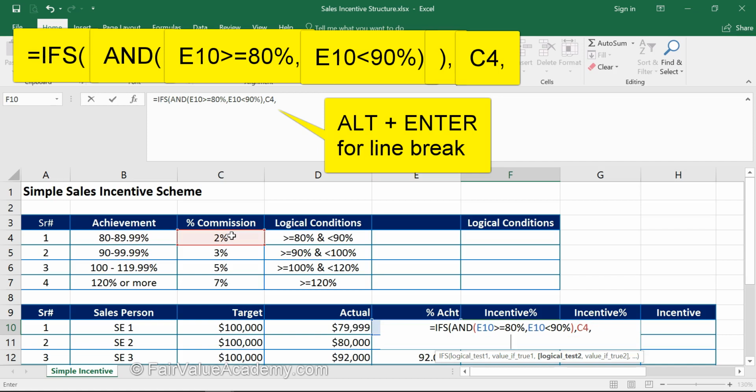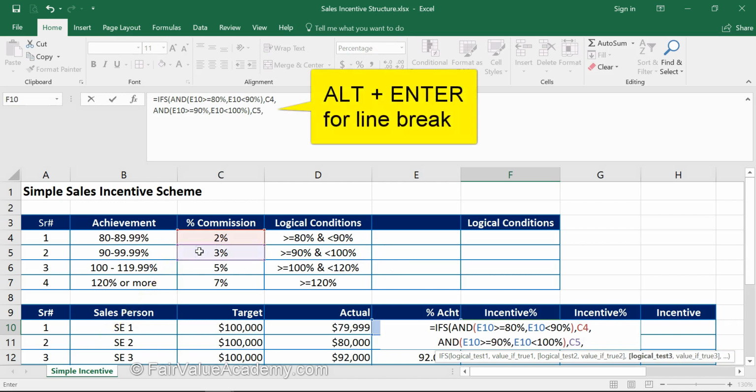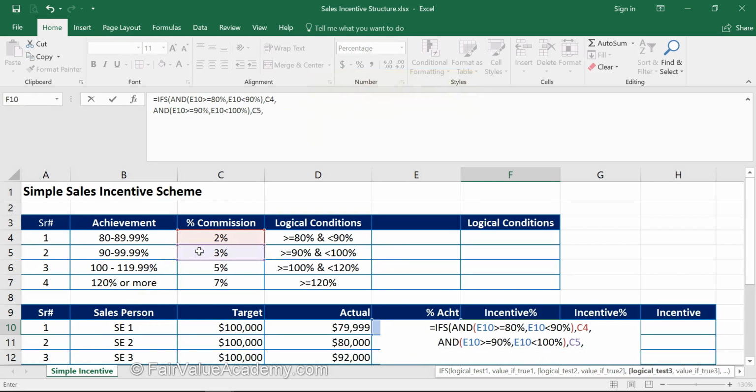Our next condition is AND open bracket. I'm going to type this number. This is E10 greater than or equal to 90%, comma, E10 less than 100%. Now we are writing the second condition and close the bracket to complete the logical test. If this is going to be true, then the result should be this, which is 3%, comma, Alt Enter for the next condition.